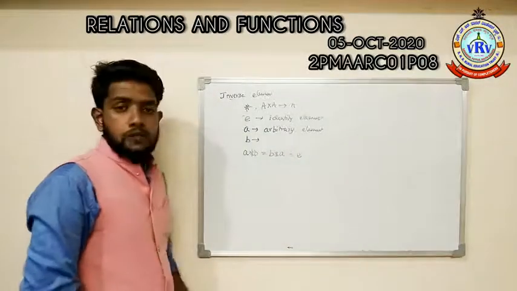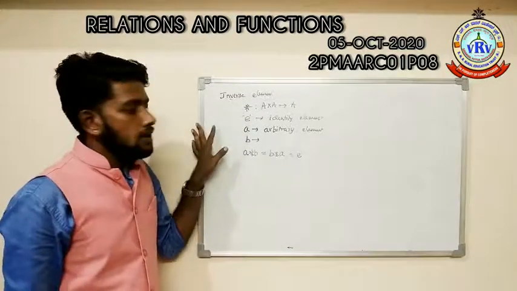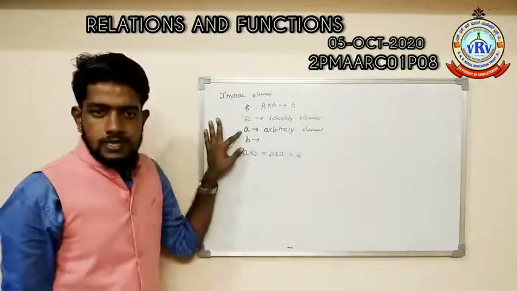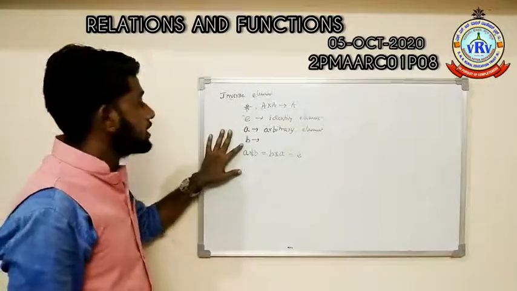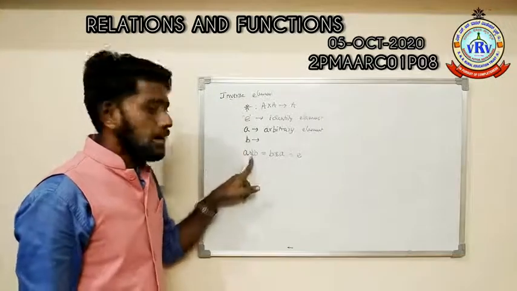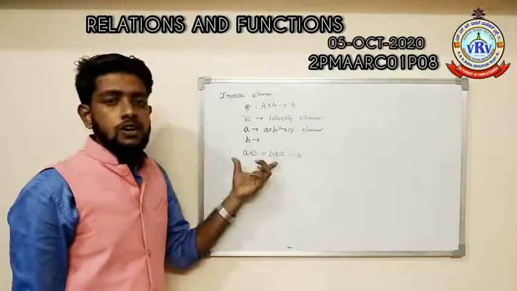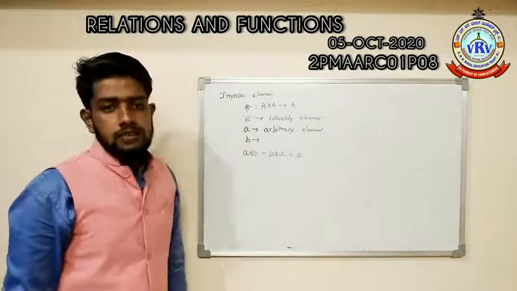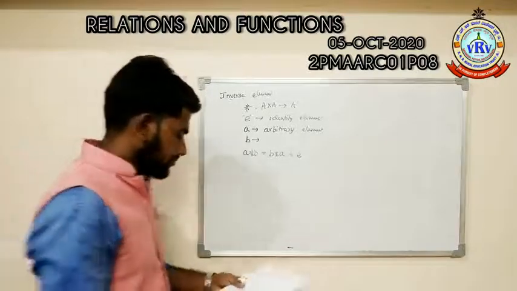There is a binary operation, there is an identity element in that set, and if you are taking one arbitrary element, then there must be another element such that if we put A and B in this function, and B and A in this function, you are getting the identity element from that. Okay, for example,